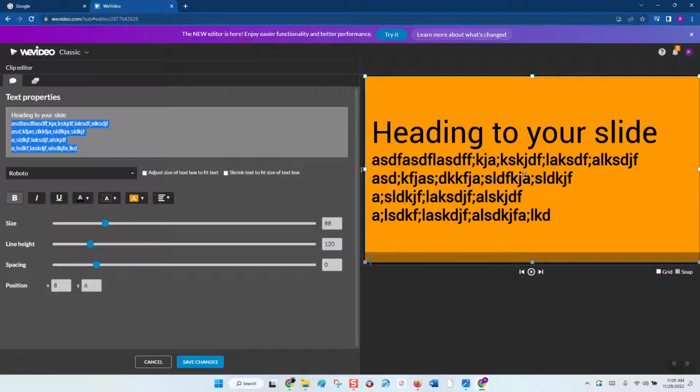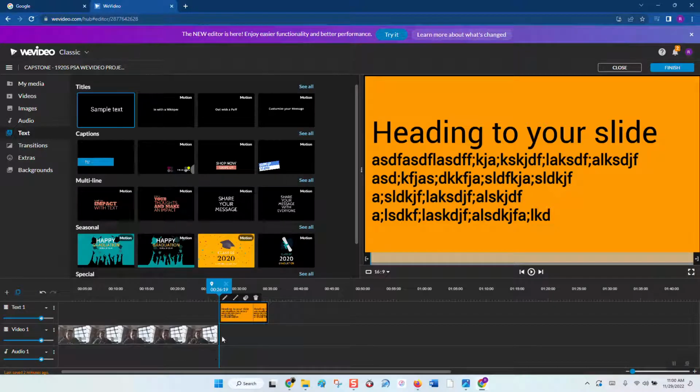Now this information again should come from the Google Doc that you created that is due Thursday night. So there is one slide, and when you're done, you just hit save. Okay, so now you have created a slide, and there's the heading of whatever title you give to your slide, all the information you put down that you want everybody to know, and we're going to go ahead and create